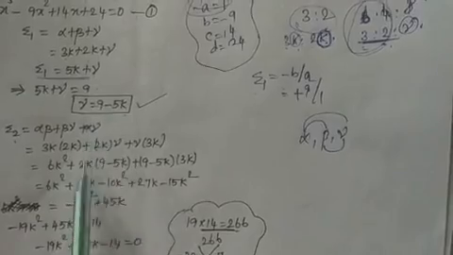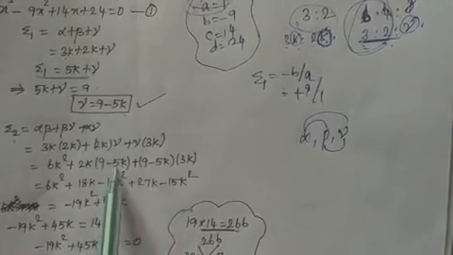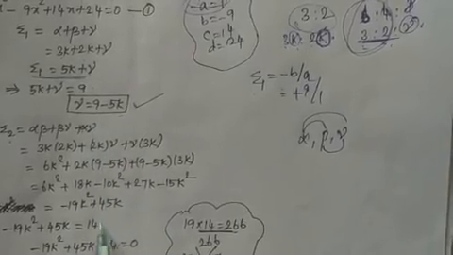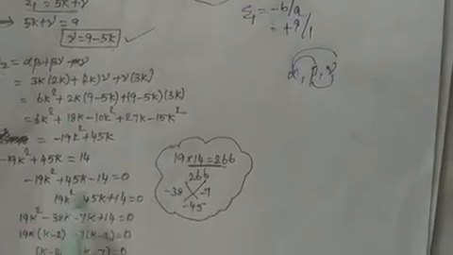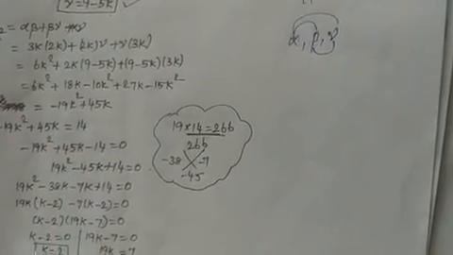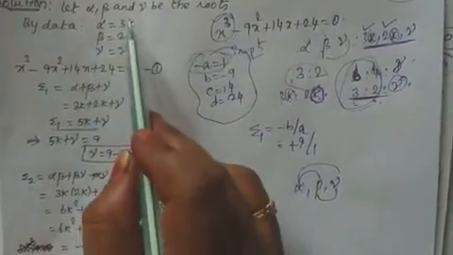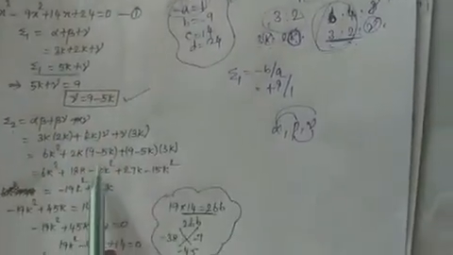We are writing everything in terms of k. So we have replaced gamma. Why are we writing like that? If we simplify like this, we get an equation in terms of k. By solving that, we can find the value of k. Once we find the value of k, the answer, nothing but the roots, will be ready. So to find the value of k, we simplify like this.